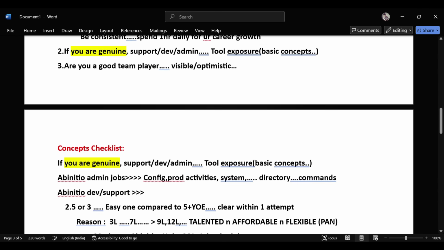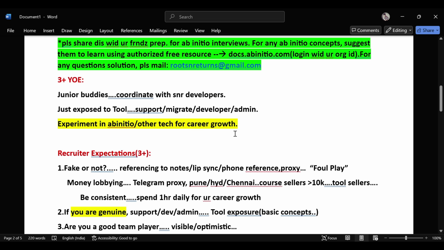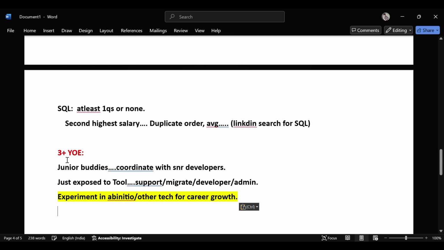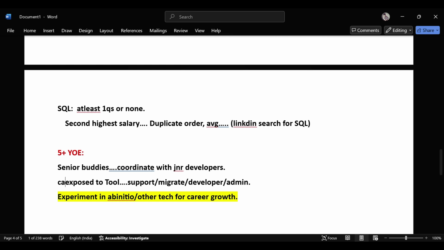Now if we go for 5 plus, I'll just copy this. At 5 plus, these are senior buddies who coordinate with junior developers.